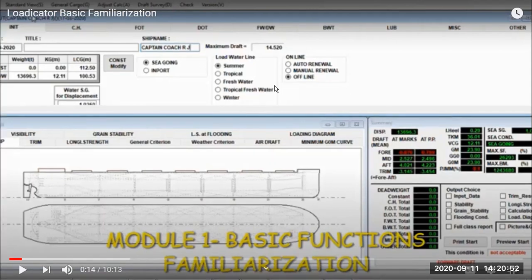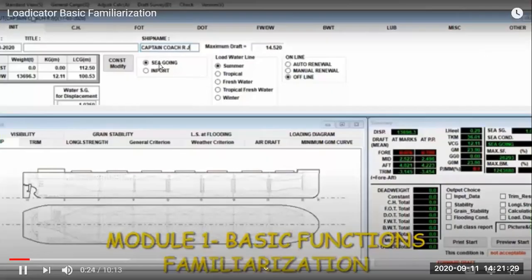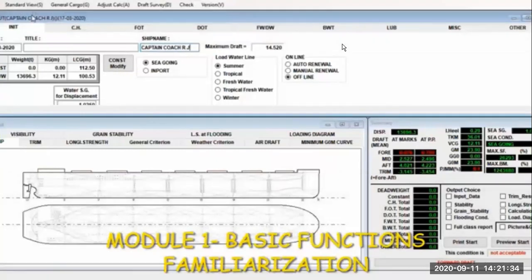Which load line we are passing through. Then there are modes, online mode where, on tankers, you can get a direct live input from the cargo tanks, or manual mode or auto renewal mode. Then the first is initial for the constants, wherever the stores we have kept on the ship and what is their weight. Then we choose either we are at sea or we are in port, or which type of stresses we want to calculate. Generally, mostly we are using sea to be on the safe side.